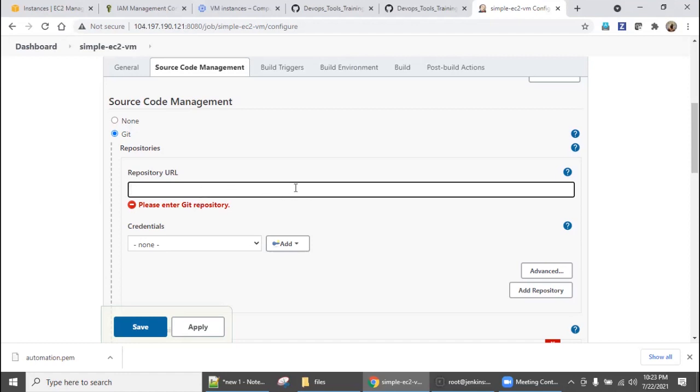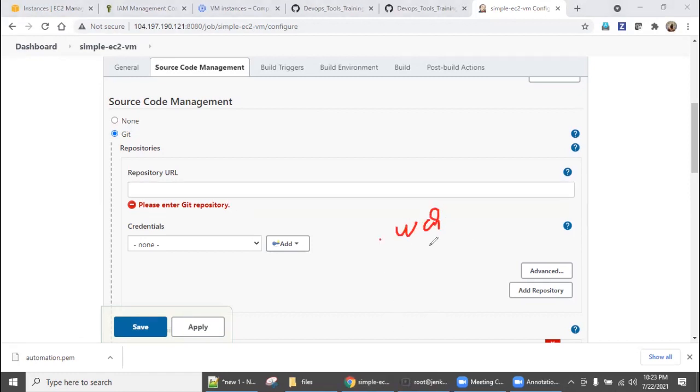So it will compile, it will build, you get the WAR file, right? So using Publish over SSH, you can transfer it to the newly created EC2 machine, and from there, using the boot script, you can copy this war file and deploy it. Everything will be possible, right?